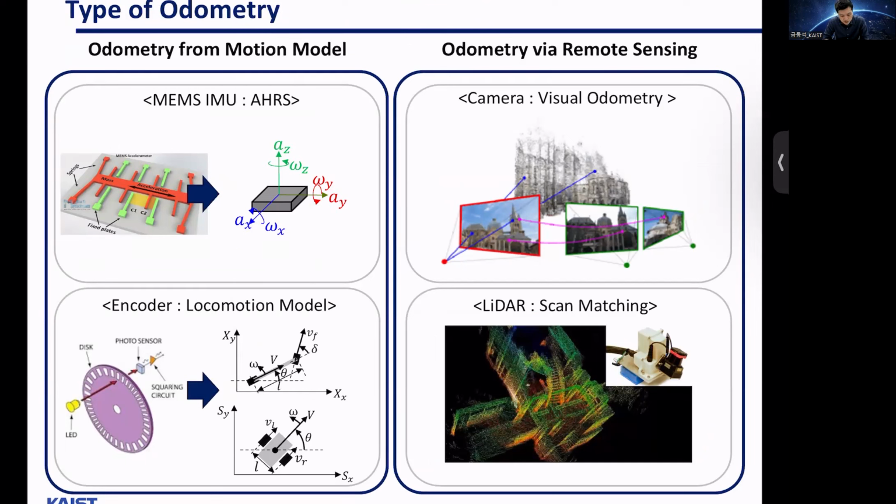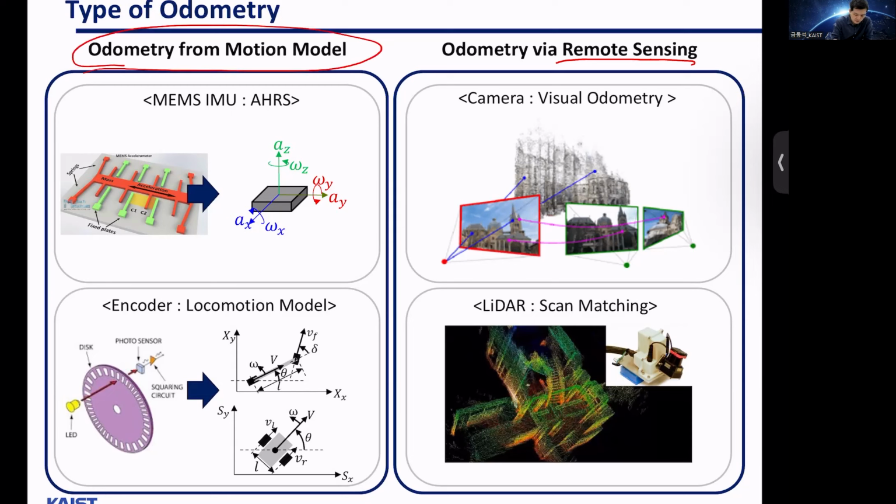And then we can also do it using remote sensing, meaning sensors that are measuring outside the vehicle, such as camera and LiDAR. So there's camera-based visual odometry. There's LiDAR-based odometry by scan matching. So the point is, odometry is available from different sensors, but usually